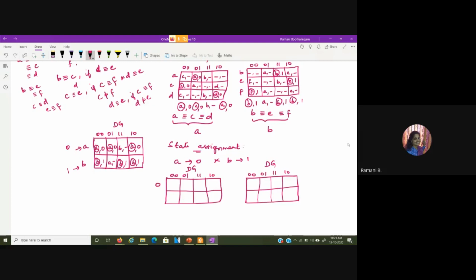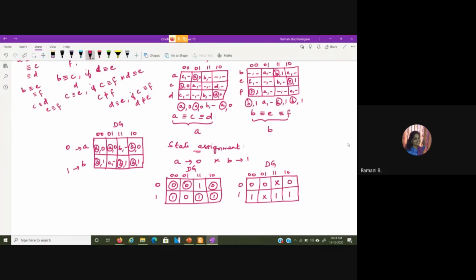The input condition we have 0 0, 1 0 for the states, then 1 0, 1 1. And for output, we have 0, 0, don't care, 0, 1, don't care, 1, 1. This is what we have, right?